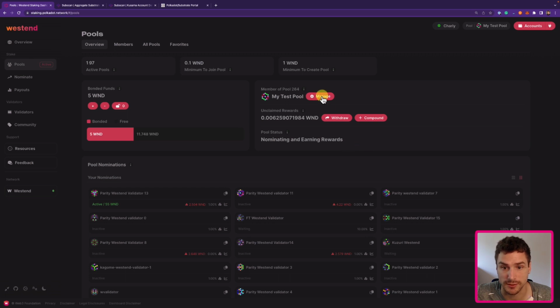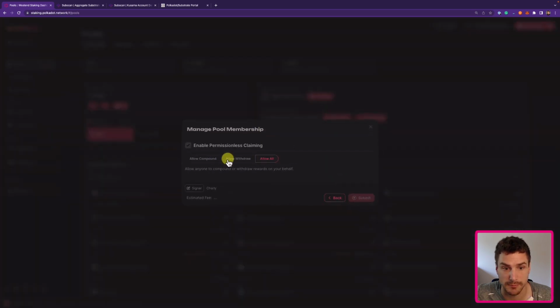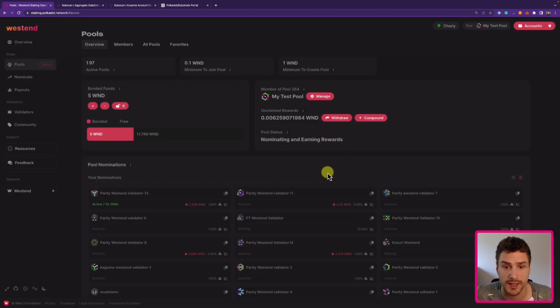We can check this under Manage, Update Claim Permission. We can see that Charlie enabled the permissionless claiming, and it allowed both withdraw and compound of the rewards. Alice now can actually compound and withdraw Charlie's rewards on behalf of Charlie. How can Alice do this? This feature is not currently possible with the Polkadot staking dashboard, but it is possible to do it with the